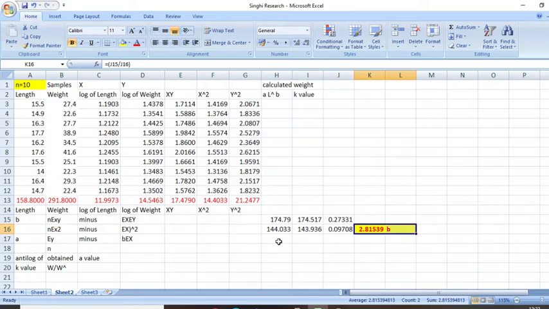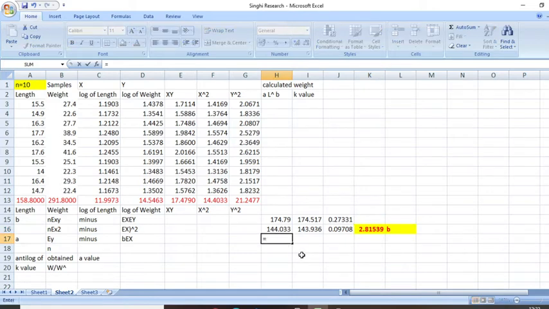So now we are calculating the intercept, that is the a value. So we need summation of y, that is this one, then b into summation of x. b is nothing but what we have calculated. I am taking 4 digits after the decimal point, that is 8153, into summation of x, this one.